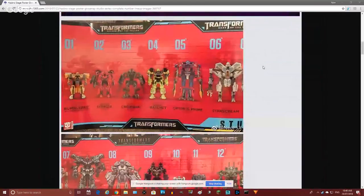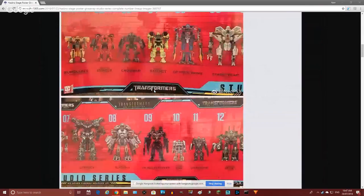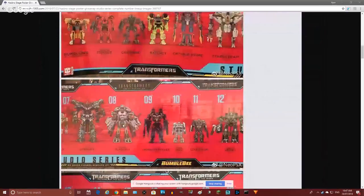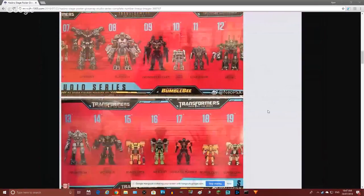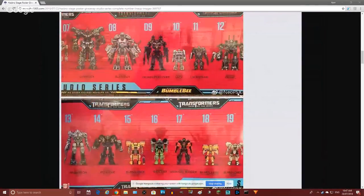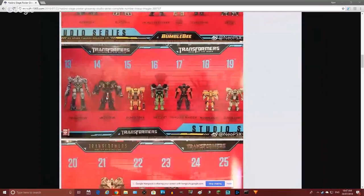So this is the current list recently revealed of the complete Studio Series. It's kind of the wave numbers of each of the figures. That's wave 1, Bumblebee all the way to Blackout, and then you have wave 2, which is Jazz up to Ironhide. Recently Brawl and Megatron showed up here in Australia. Then we got, I think, wave 3. Looks like we're going to have